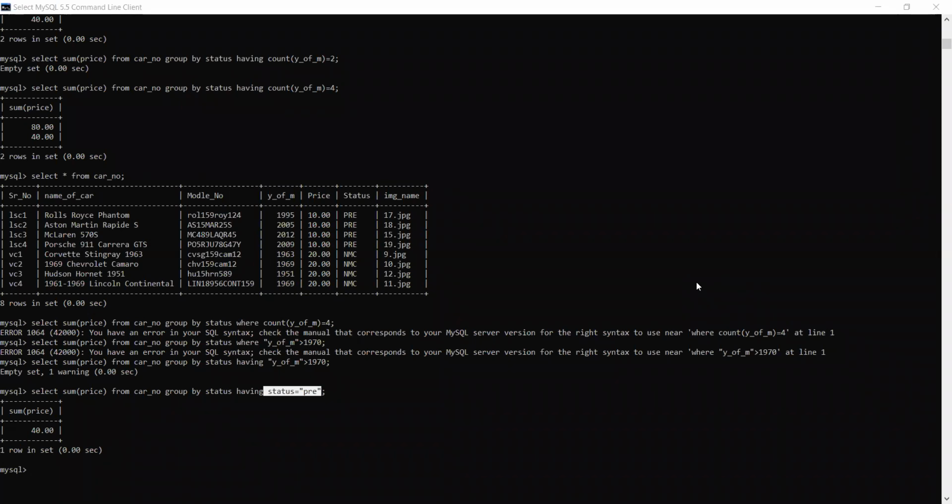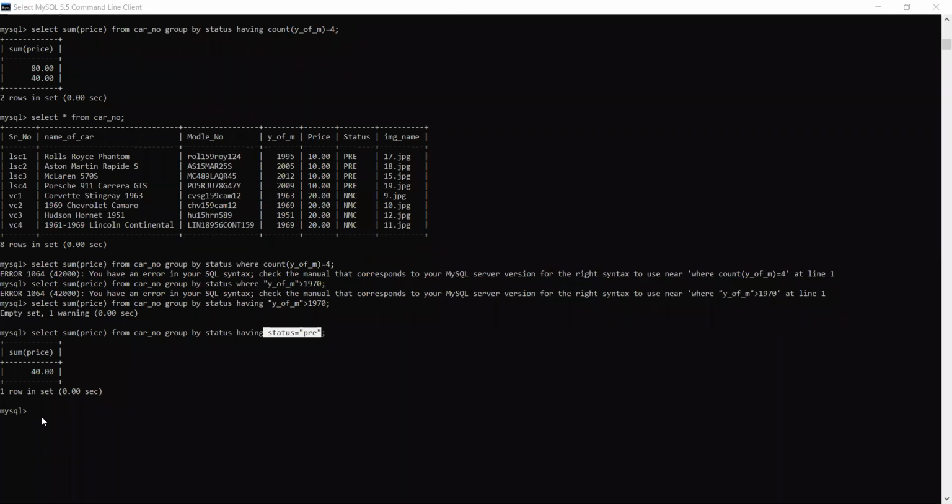Prince, it is not working, no? Whenever you write any column name in inverted commas, it is not going to work. Yeah, ma'am, even in the second example it is not working. Okay, I hope this is clear.